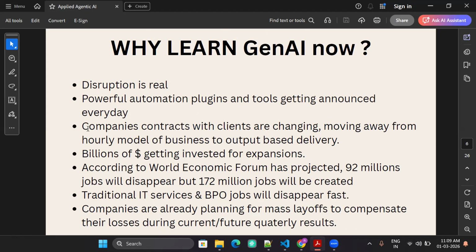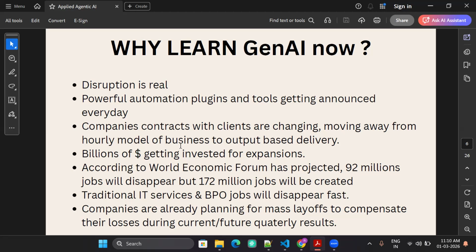The companies that we work with today, they have clients, and those clients are changing the business model. They are moving away from the regular hourly billing model of per headcount resource to output based delivery, which is already happening. It has started already in US and Europe.